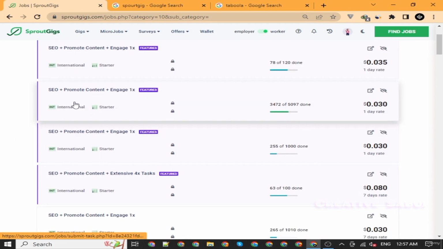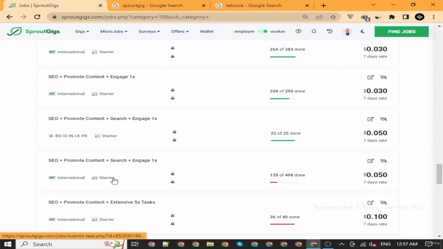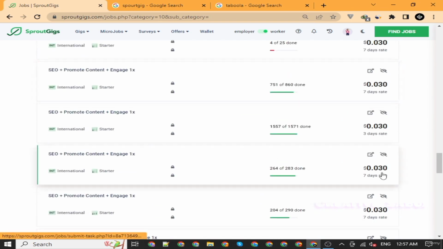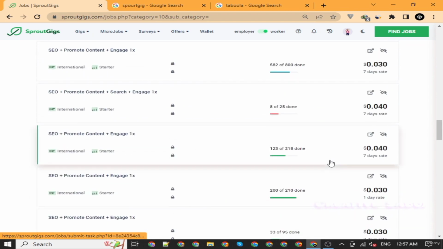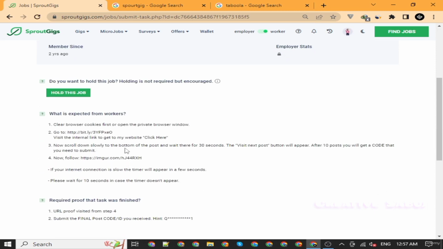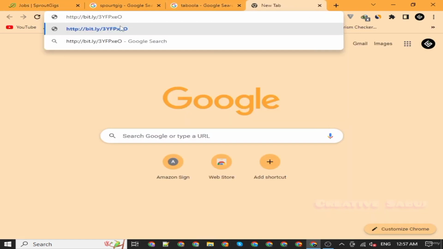You can see that so many bloggers have posted here. So let me show you this one. It shows what is expected from workers, and let's see this: clear browser cookies. First open a private browser window, then go to the internet linking website, click here, and here you can see that